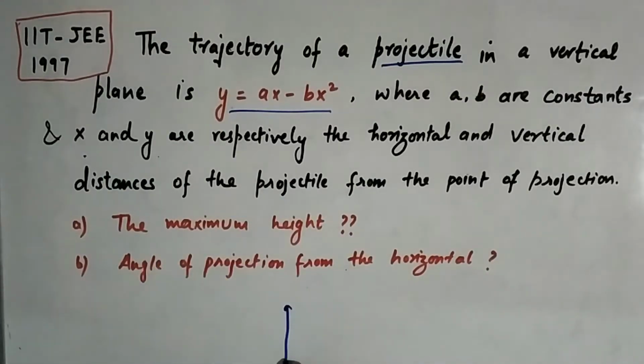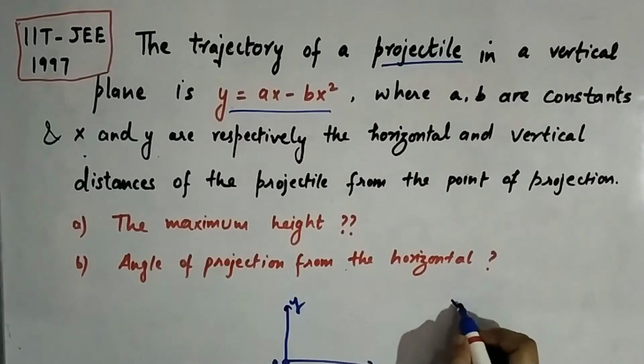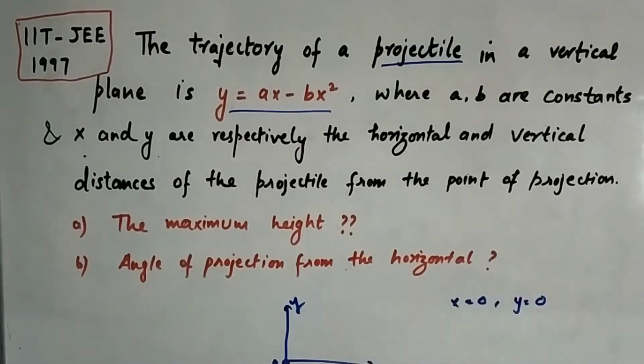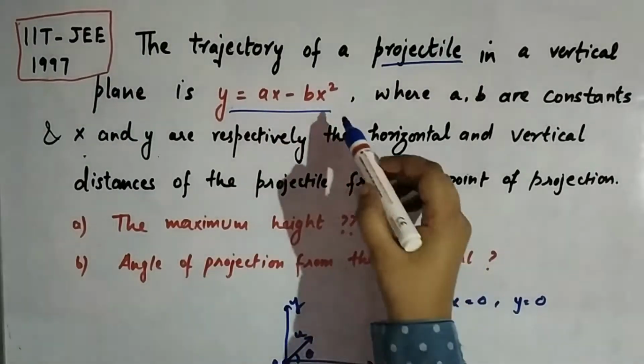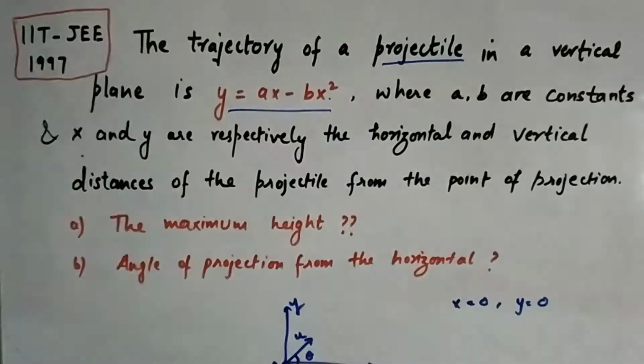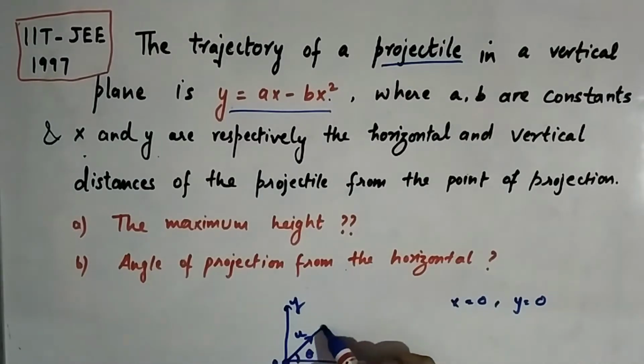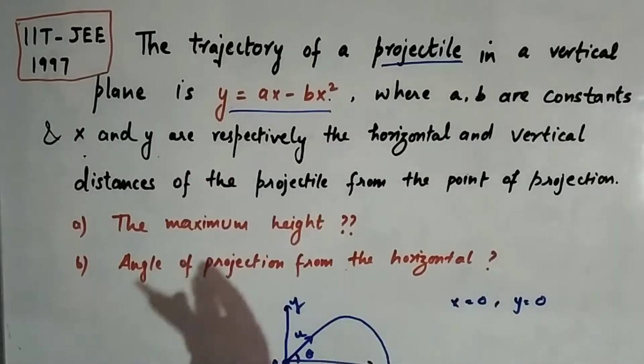So let's say we have this point of projection P, and this is x, this is y. So whatever motion covered in x will be given in this direction. Now at x equal to 0, the y will also come 0. So our first point will be here, from where it is projected. Let's say the velocity at this point is in this direction, which is making an angle theta over here. And then, since this equation is a parabolic equation, since it's a quadratic equation in x, the final motion will be in this direction. You can verify the plot by putting different values.